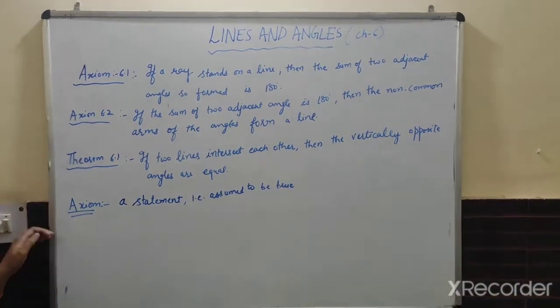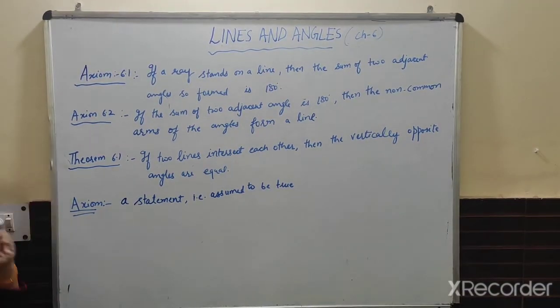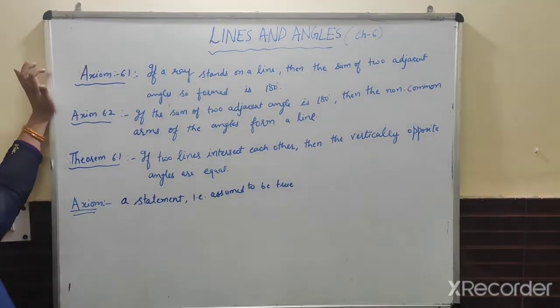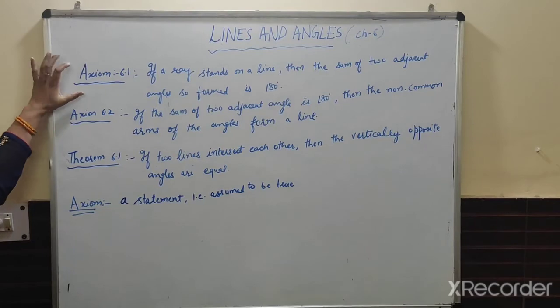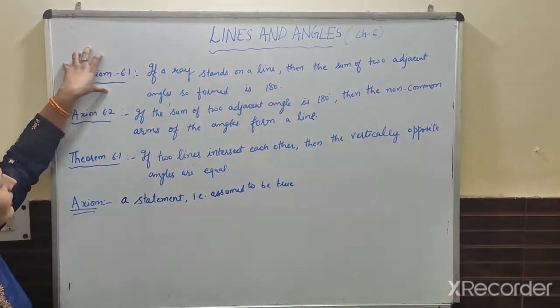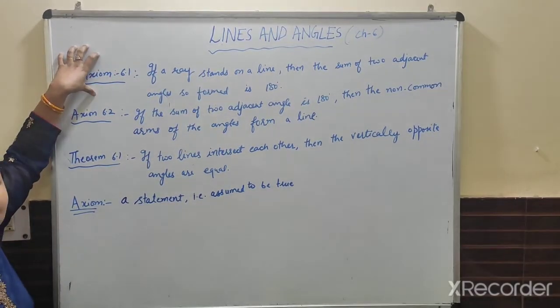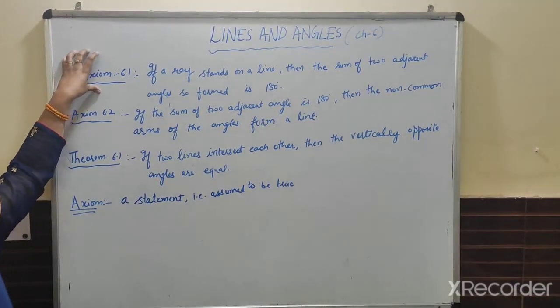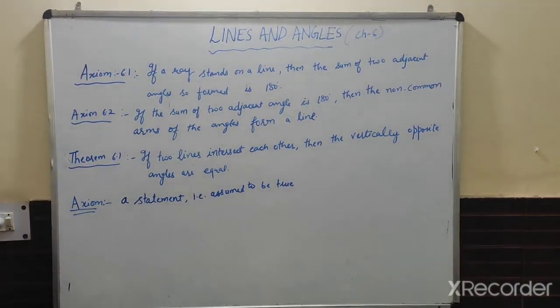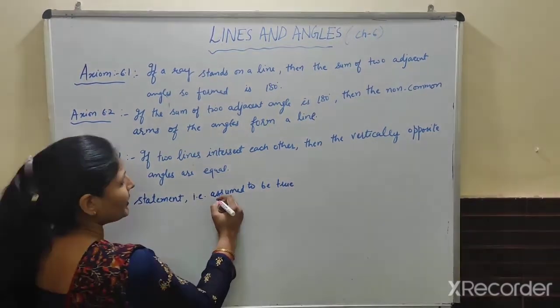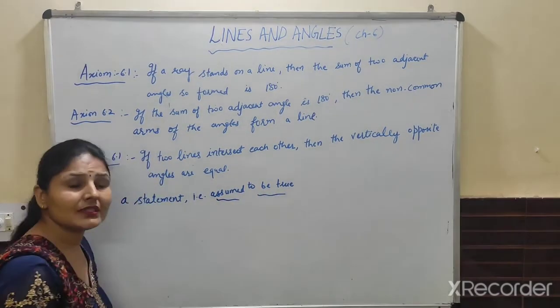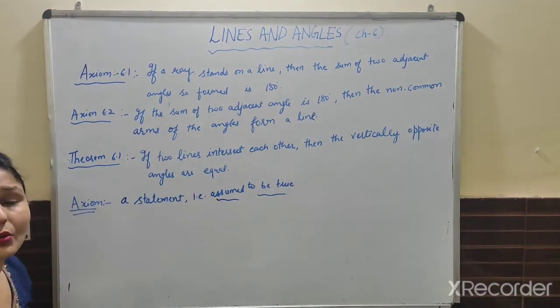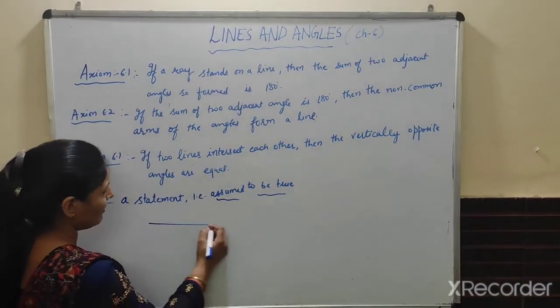Now we will discuss axioms and theorems of this exercise. First we will understand the term axiom. What is axiom? We write here axiom 6.1. What is axiom? Axiom is a mathematical statement that is assumed to be true. These statements do not require any proof. For example,